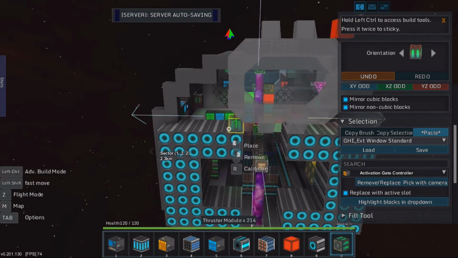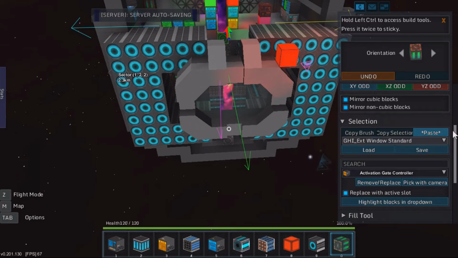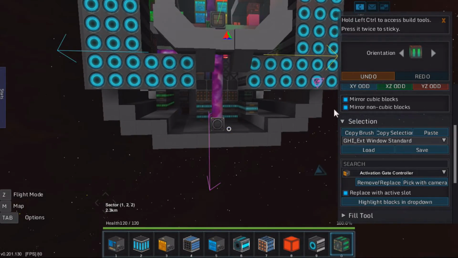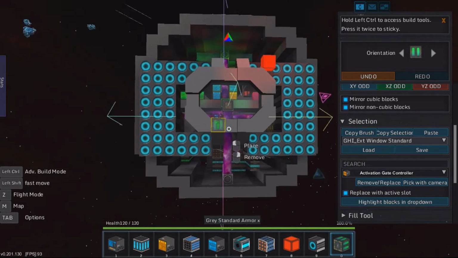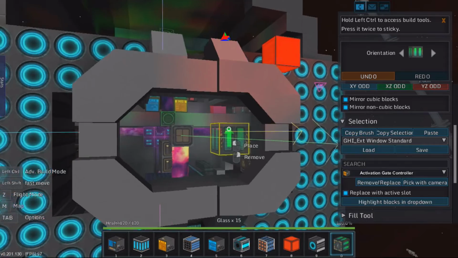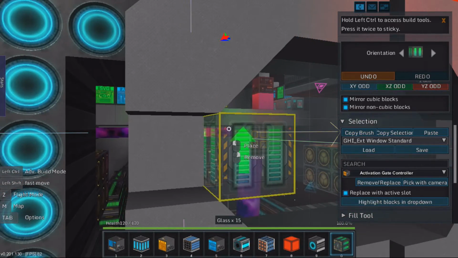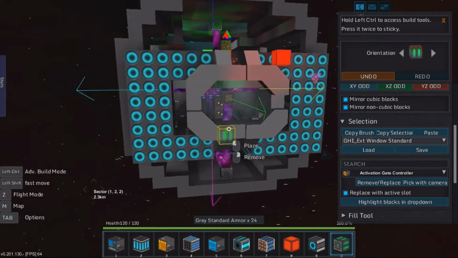A lot of builders use templates, and you can make your own templates. I think I made a tutorial on how to make and save templates as well. If you download templates, you just put them into your StarMade templates folder, and you can use them like this, really easy. Anyhow,